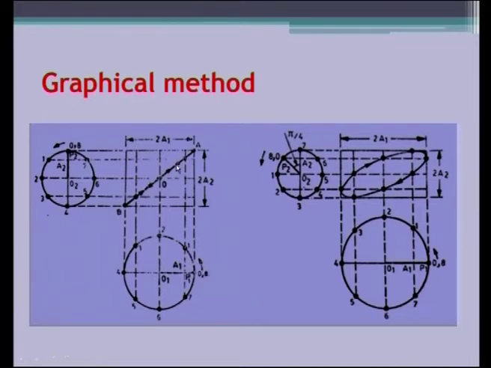I hope the equation is also familiar to us, because this lecture is purely devoted to the graphical concept. And here also, when the phase difference is there, they have introduced a phase difference of pi by 4. What will happen when there is a phase difference of pi by 4? The shape is an ellipse, an inclined ellipse, and here it is happening in the clockwise direction.